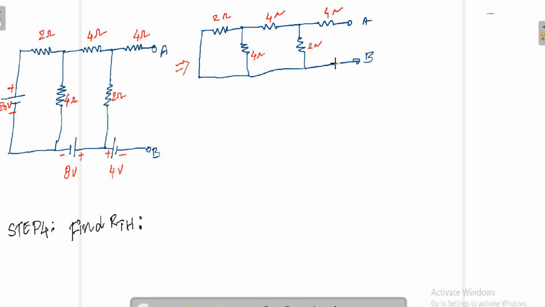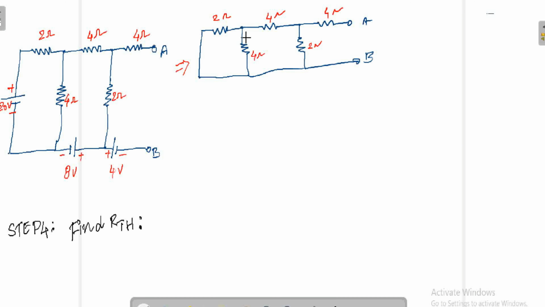We don't have any current source. If I have a current source, then I would replace it with an open circuit. Now I need to find the equivalent resistance between A and B. For finding the equivalent resistance between A and B, just follow what we have done with series and parallel and